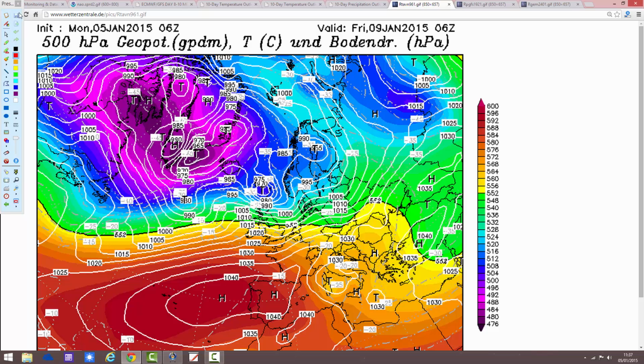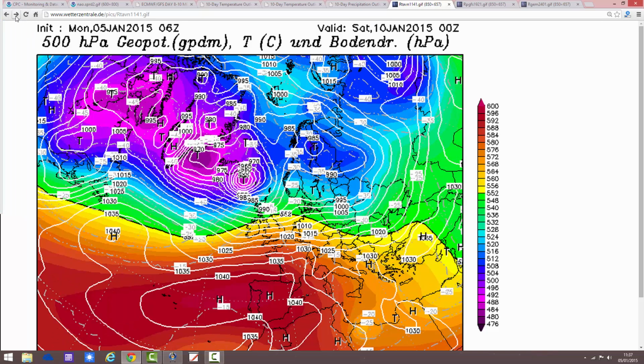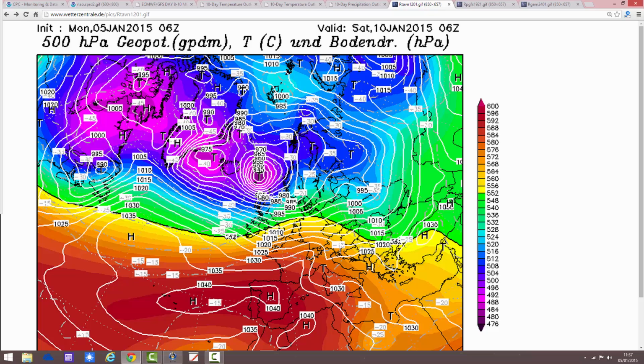A real battering is possible up there, and then as we run through into Saturday we could do it all over again, although this area of low pressure is a little bit further north, so the worst of the winds with that one is actually just to the north of Scotland, maybe battering the Northern Isles rather than the mainland of Scotland. But both Friday and Saturday mornings could be very, very windy up in the far north, and generally, as I said, it's going to be a windy scene across many parts of the country later this week and into the weekend.